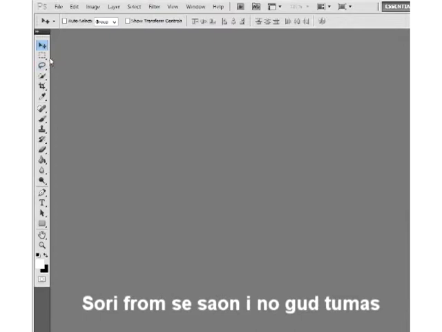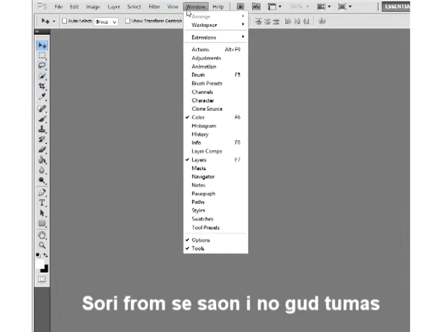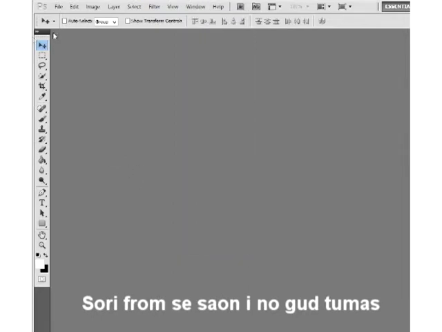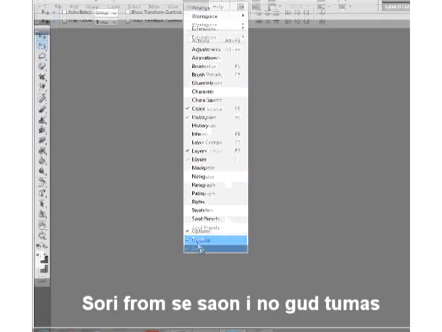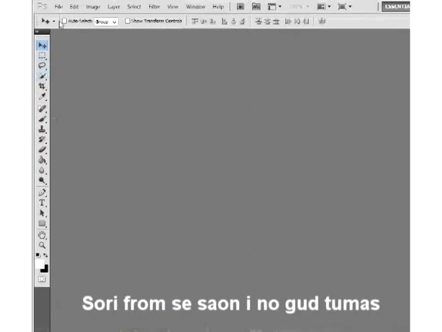The very first place to start is the toolbar. Suppose you go to Window and look for Tools. Click on Tools, and you will see the toolbar, and then you have another panel for options. Every time you choose one tool on the left side, all its options will appear at the top in the options bar, which by default is right underneath the menu bar. So it's just something technical.